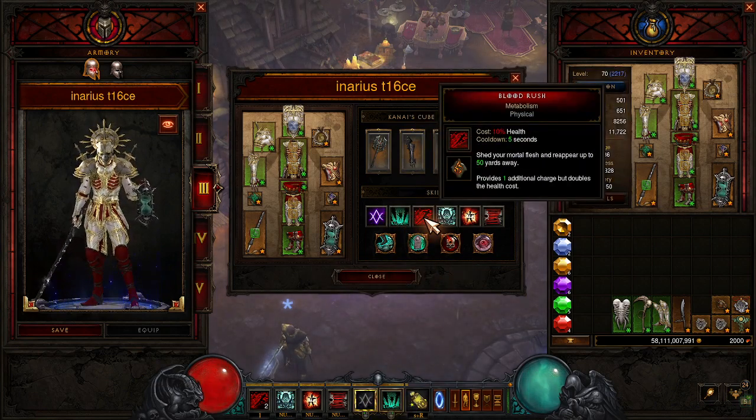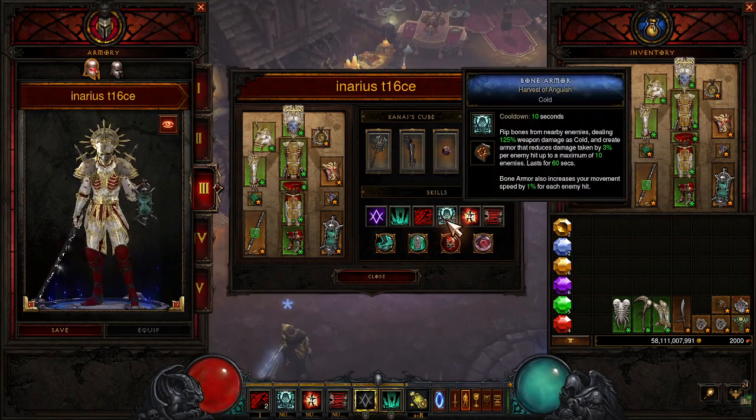Blood Rush, we're using the Metabolism rune just so we get an additional charge. That way we can teleport. We're going to be teleporting around like crazy. Bone armor is going to give us movement speed. We're going to get 15 stacks of bone armor because of our necklace. So we're going to have 15% movement speed, and we're going to have 60%, let's see, 3, 6, 80% damage